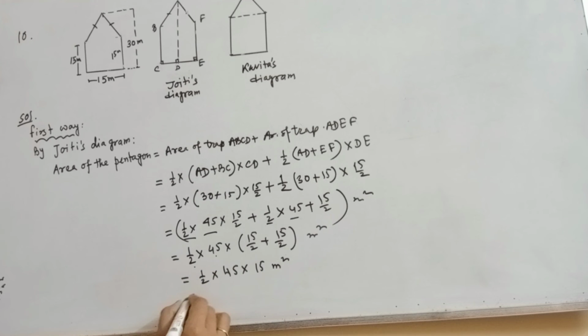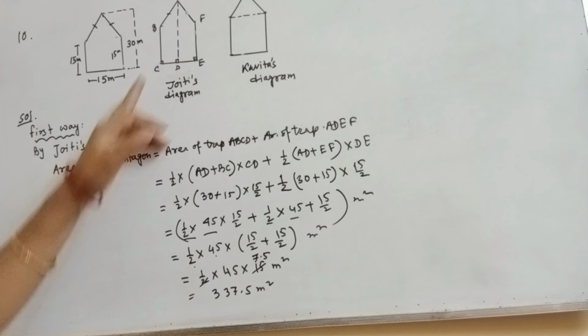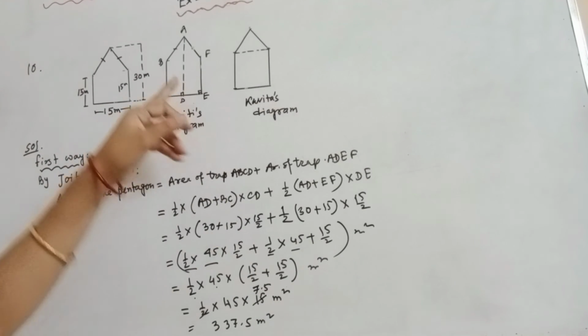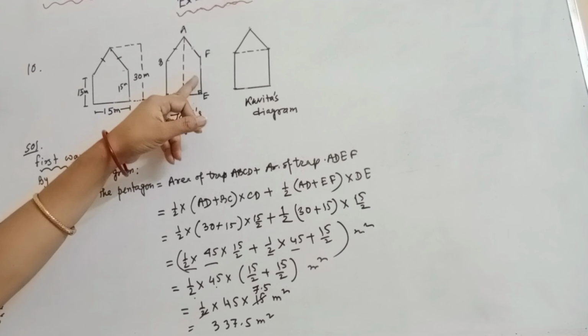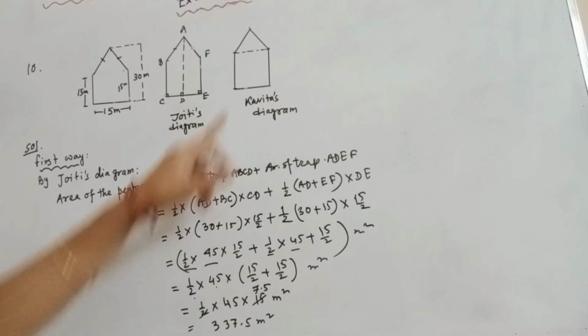If you cancel it, you can see that it will be 7.5, and multiplying 7.5 into 45, you will get 337.5 meter square. You can do this rough multiplication work on the right side of your sum. So the area of Jyoti's diagram will be 337.5. If I divide the pentagonal shape park in this way, we can find the area of the two trapeziums and add to get this area. Now in Kavita's way,